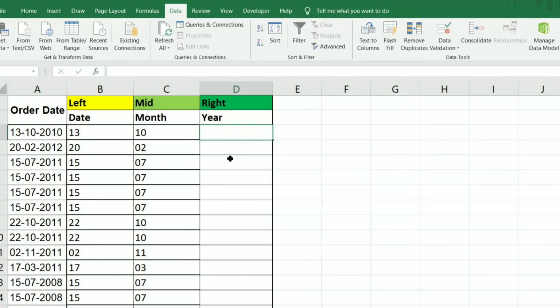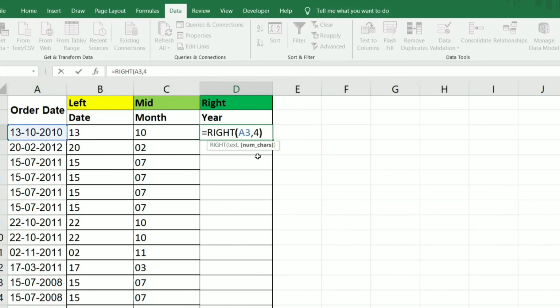Now the last 4 digits are the year in this column. So we extract the last 4 digits from this column. What is the function for extracting the rightmost characters? We use the right function: equals right, give the text and number of characters. Here it is in 4-digit format, so that's the reason we give 4.